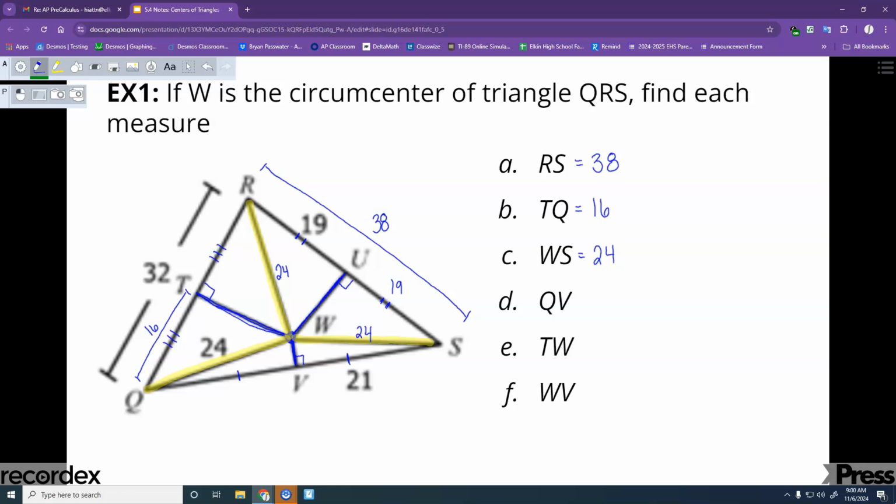Okay. Let's see. Maya, what do you think about QV right here? It's 21, and we know that because VS is marked as 21, and those two should be equal to each other. All right. Then we've got